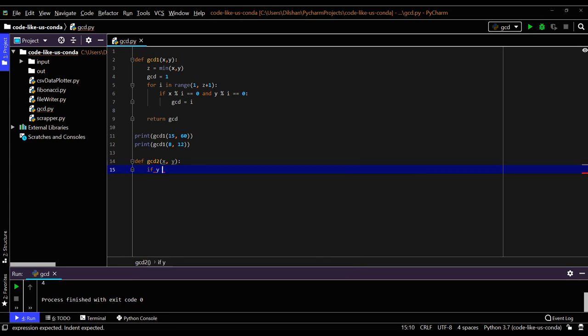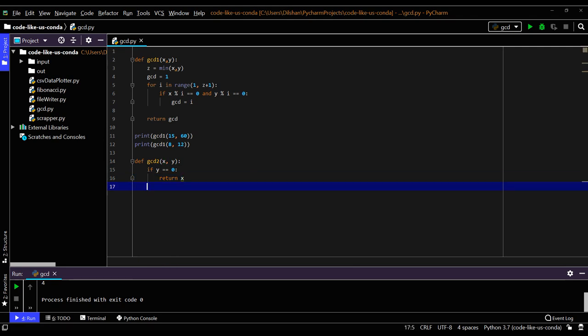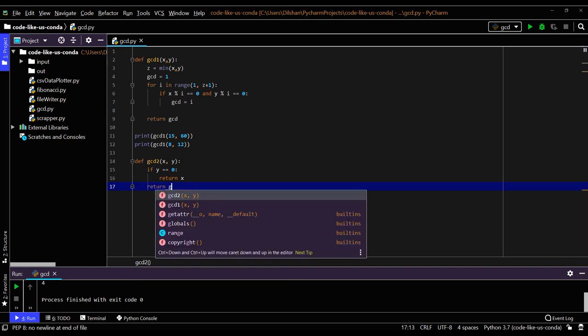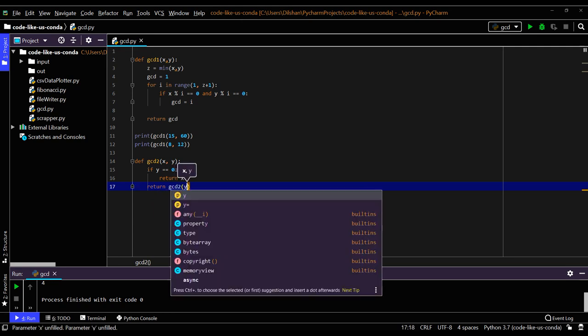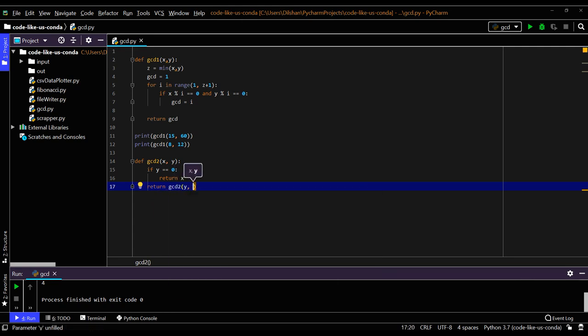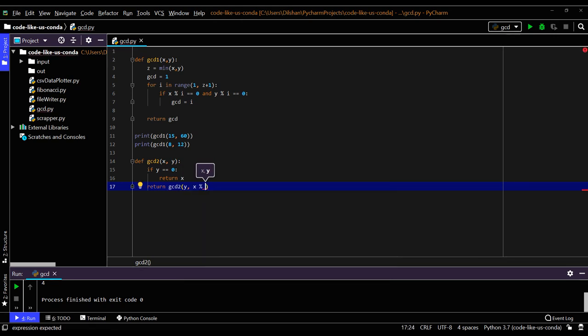So when y is 0, return x, otherwise we call again with return, recursively calling GCD2. My x value would be y now, and the y value should be x modulus y.